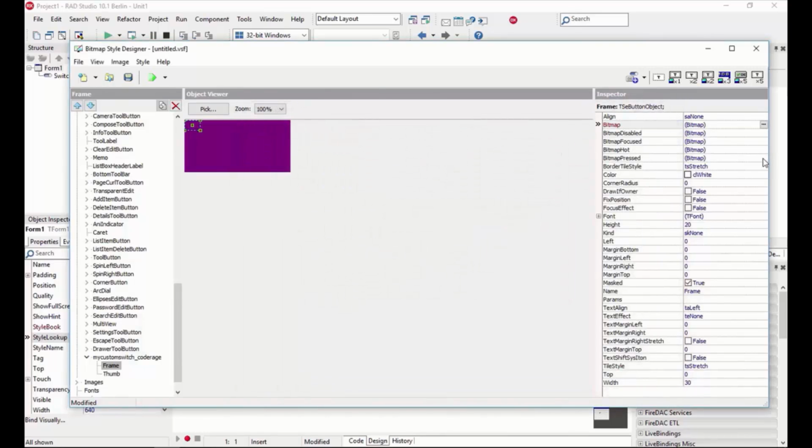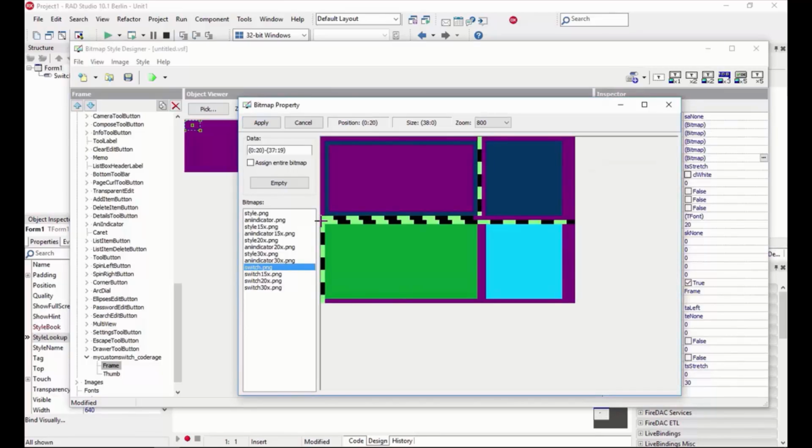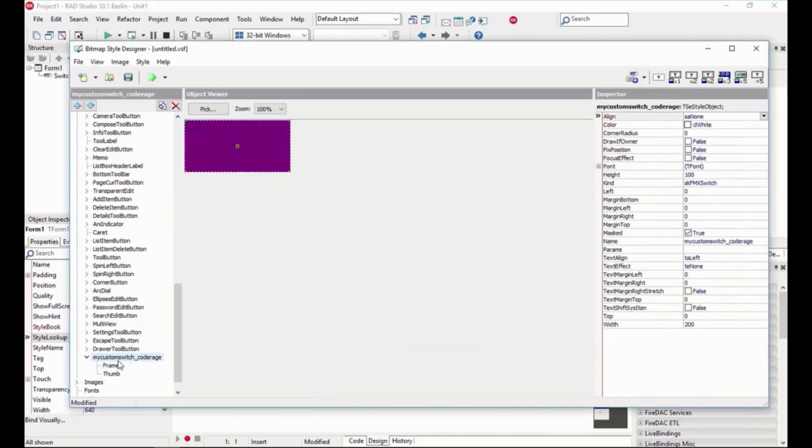And for pressed, I'm going to select the green color, which is the fill color for my switch control, and then control click right here. And you just want to outline the graphic. Select apply. And then I'm going to right click onto the new switch control and select automatically adjust object for